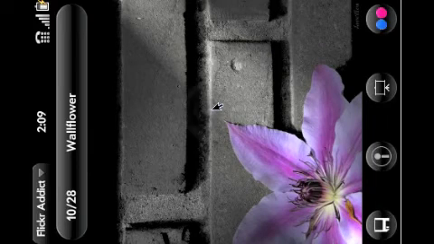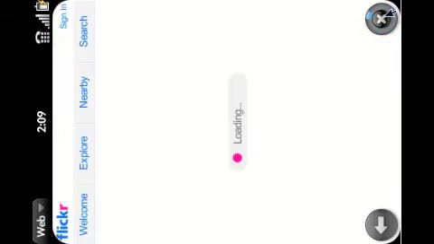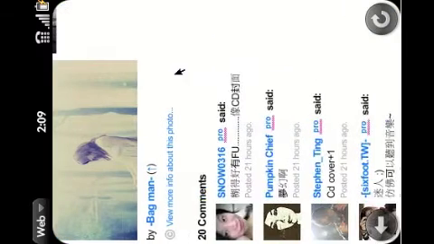If you like any particular photo, you can just tap the Flickr icon in the bottom right hand corner and it'll take you to the web page for that photo. From there you can leave comments, you can browse other photos by that user, etc. So here the page is loaded up. Going back to Flickr Addict,